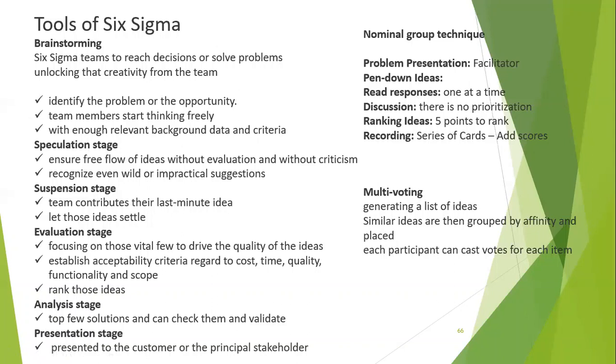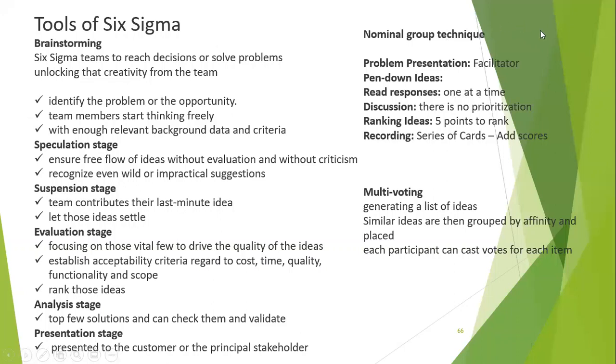For example, I have a 5-member team in the nominal group technique. I am saying that there is a problem here: production is less for this month. How to improve the production? That's my problem statement. I ask them to write the points, and each one will write 10 points. But I'll ask them to read only one idea or one suggestion at a time. The same idea maybe another person may also have, but they will strike it out and come up with a new idea they have. So one at a time.